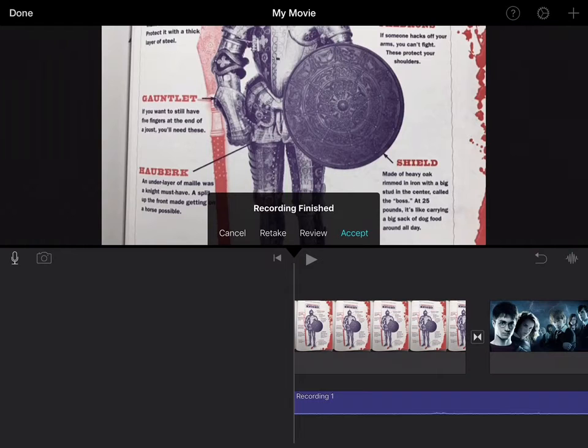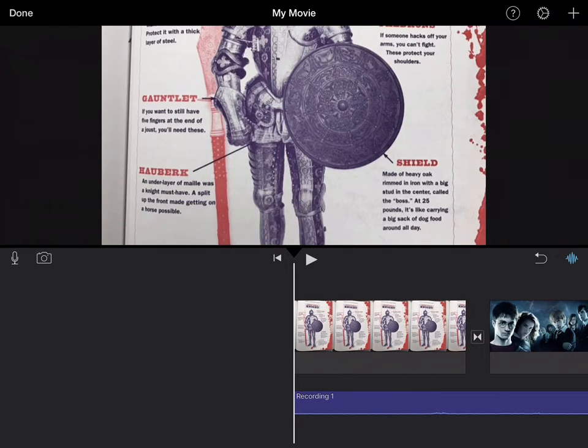At this point, it says recording finished, and you have a couple of options. You can cancel it if you totally messed up, and then it'll let you redo it. You can immediately retake it, which means it's just going to start and let you start recording all over again. You can review it, which means it's going to play it through so that you know it's what you want to say. Or you can just accept it if you think you did everything the way you want. So I'm just going to hit accept. Now if we hit the play button,